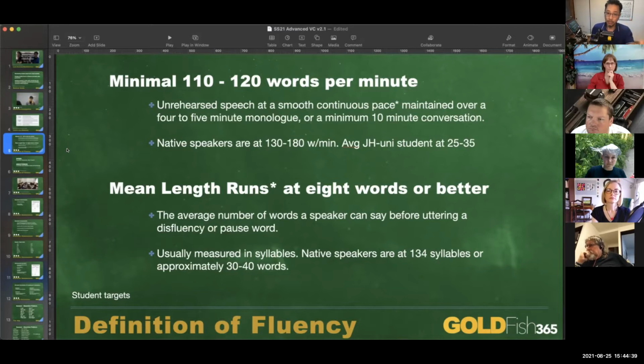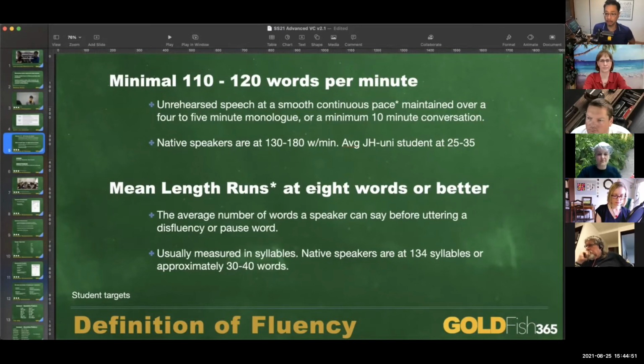Now, if you want to give them the next step of the definition of, or at least my definition of fluency, it can't just be a high word rate, because a high word rate like this is not fluent. They have to be able to control that 110 words per minute so that it comes out at a smooth, even pace. Now, how do you promote that?